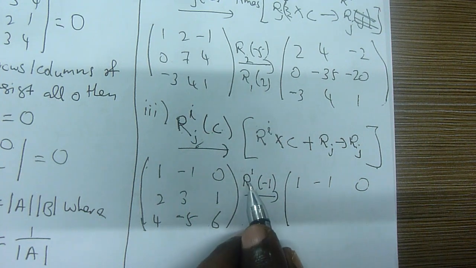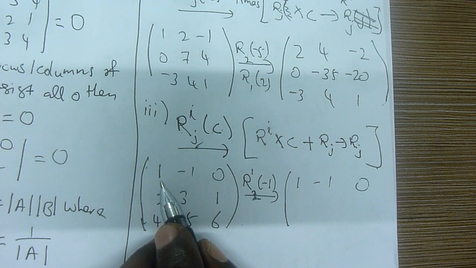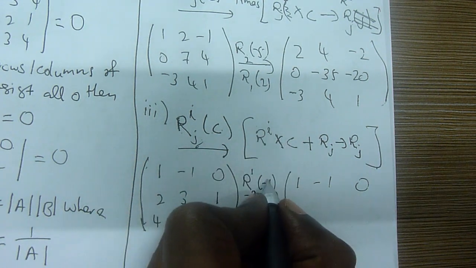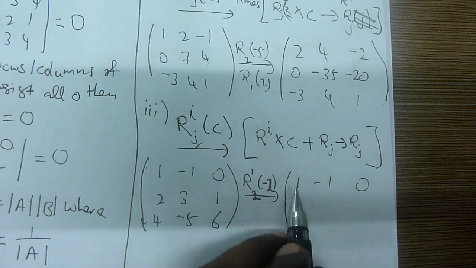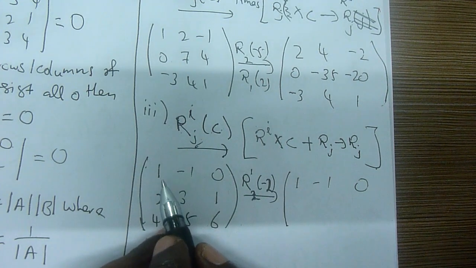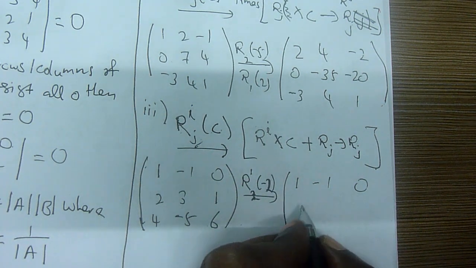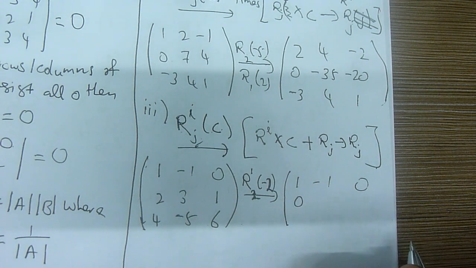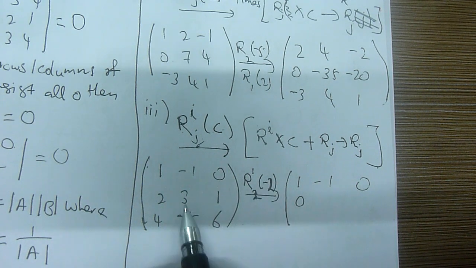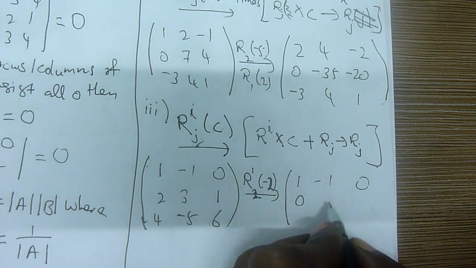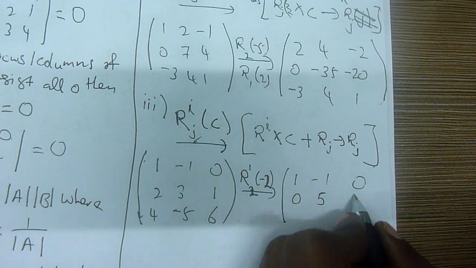Row times the -1. This is 2, sorry. Okay, 2. When we take row number 1 negative 2, you times it with negative 2, you get a negative 2, plus the second row you get a 0. Again, row number 1 negative 1 times the positive 2 plus the 3, you get a 5. Same, 0 plus 1, you get a 1.